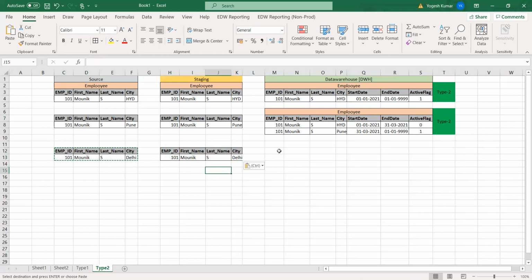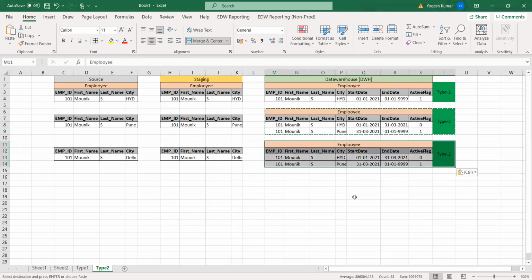Let me copy this as it is first. The first one, Hyderabad, will be as it is. Now the second one, suppose it moved to the data warehouse on 31/05/2021.